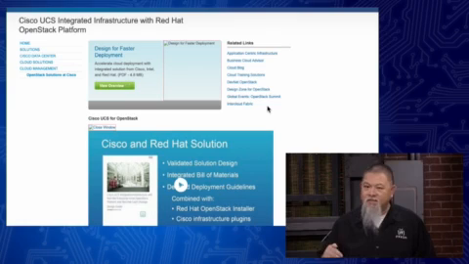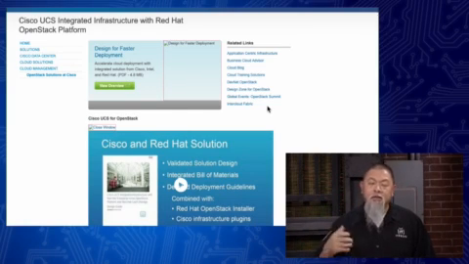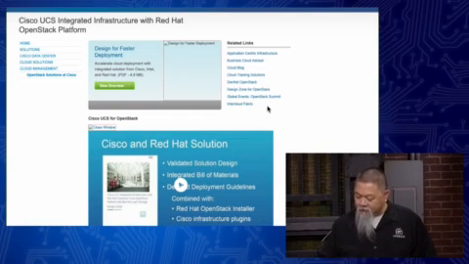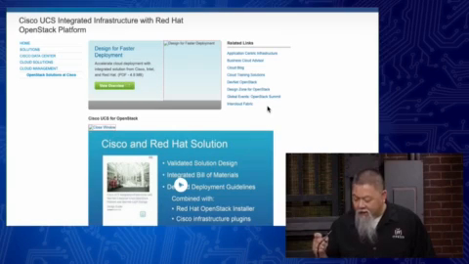But it's about the stack, right? The same thing. Compute, networking, storage. They provide all the solutions for this. Now, for us, we already know something. In the compute, Cisco is handling that. In the networking, Cisco is handling that. Once again, the UCS servers come into play here. And also in networking, the Nexus 9000 series also comes into play here as well.